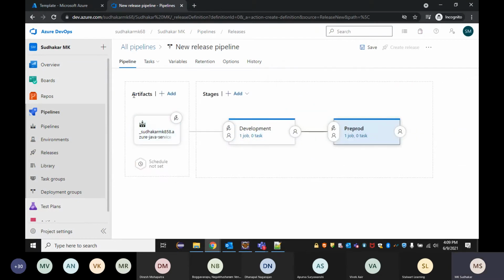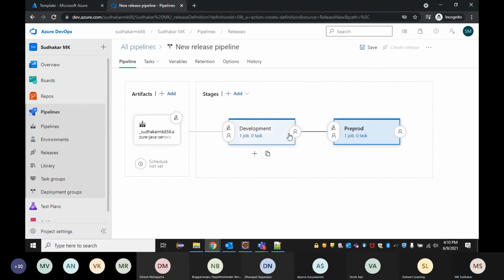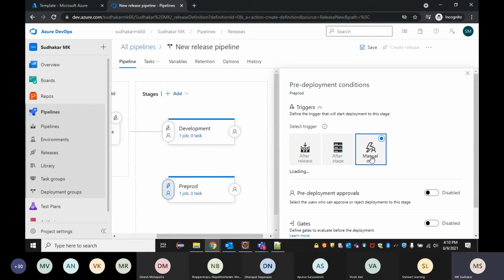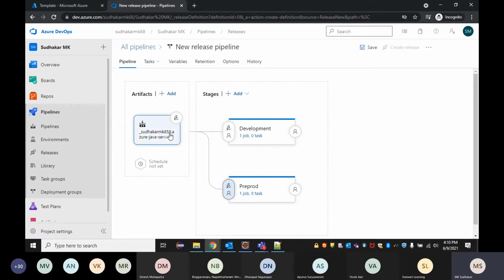Now you can see, right? The artifacts are created. The artifacts are linked to the development stage. Now the development stage is connected to pre-prod. If anything fails here, the other will not run. That's how the connection happens. For example, you don't want to run this, right? I don't want to run this, maybe in future I might run. So you can just remove the link, unlink this from here, after release or manually or after stage. Anything, you can keep it, and based on that, the link will happen. So if right after the release you want to run both parallelly, it will run.